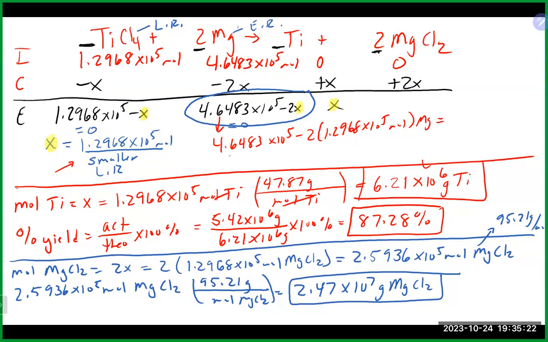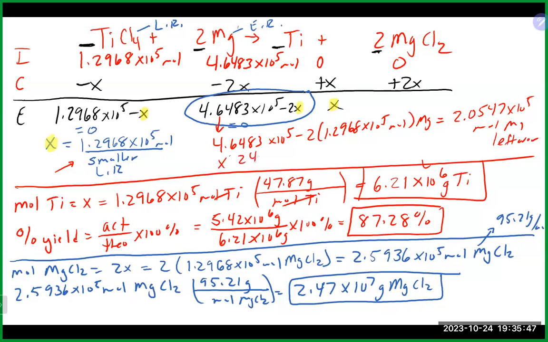And this would tell us that at the end of this reaction here, we would have about 2.0547 times 10 to the 5th moles of magnesium left over, which if we want to know grams, we could